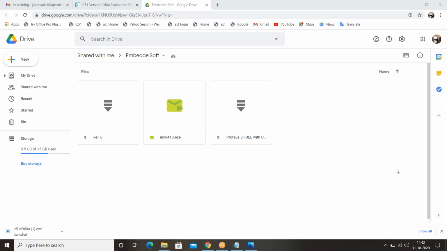Let me explain the installation process of Proteus 8.